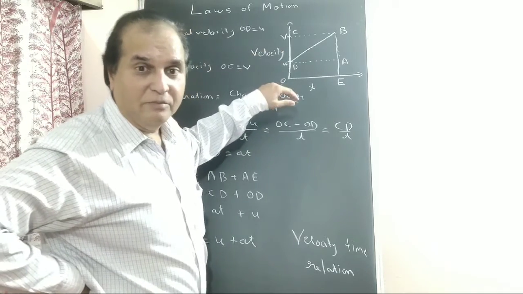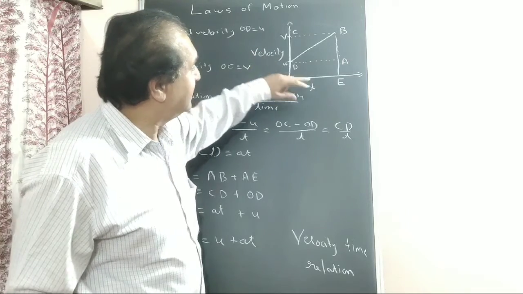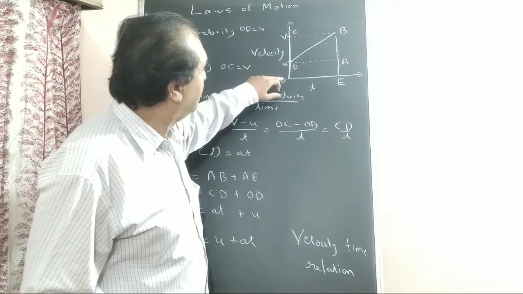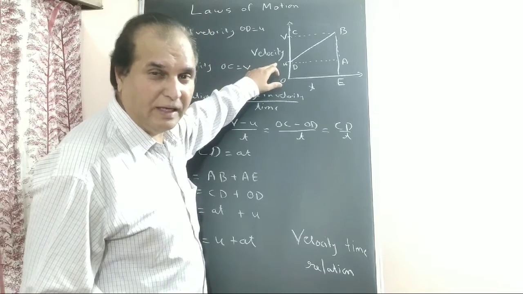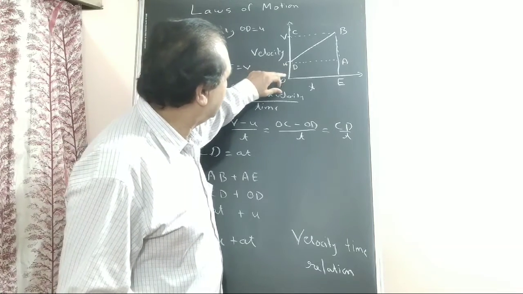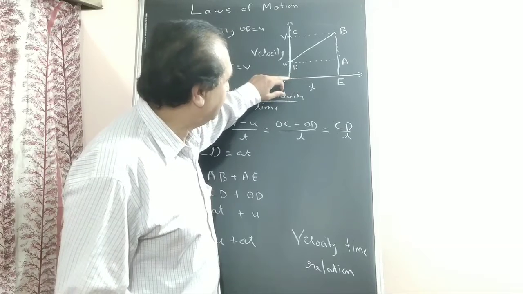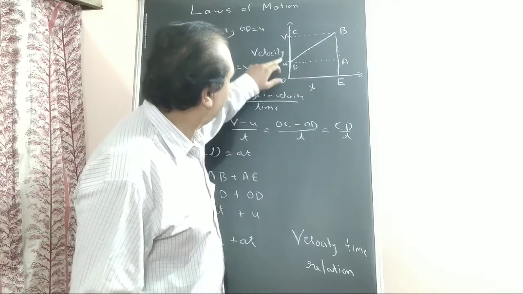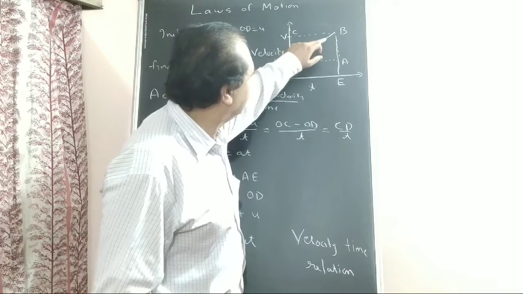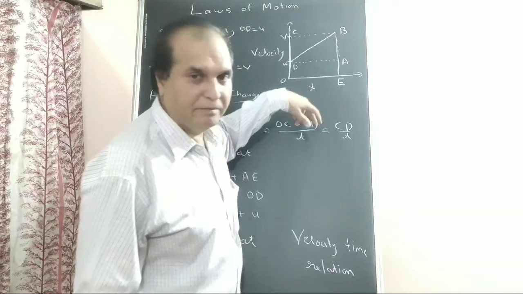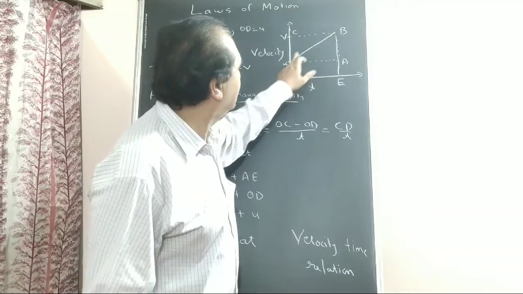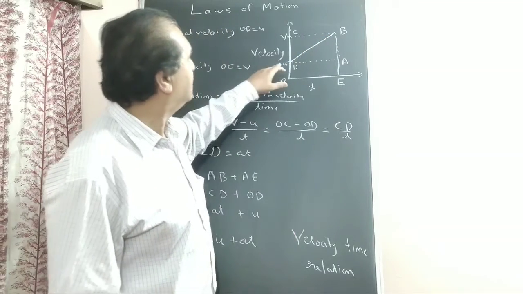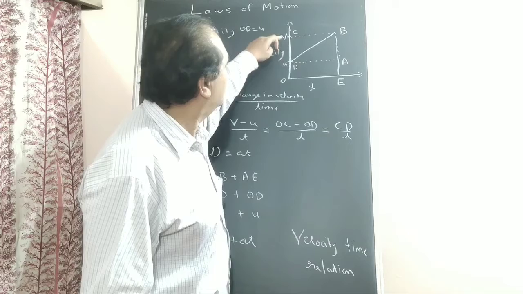Initially, the graph of the motion is like this. At point D, a car, or any vehicle, is traveling with velocity u. Now slowly, you started counting time, so time is increasing and velocity is also increasing. It stopped at point B. So in time t, it covered this much distance. Velocity changes from u to v.